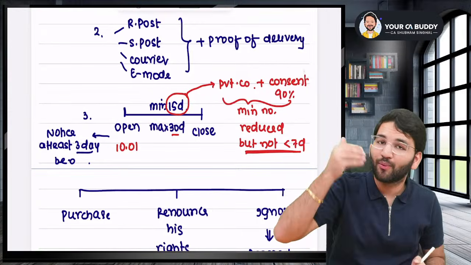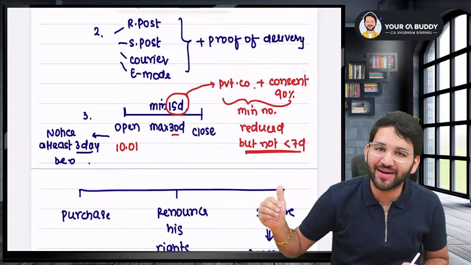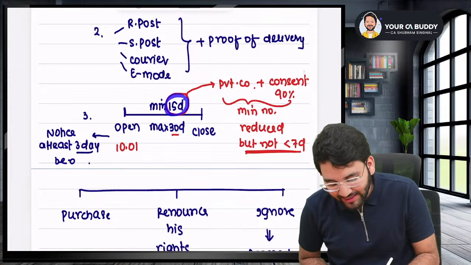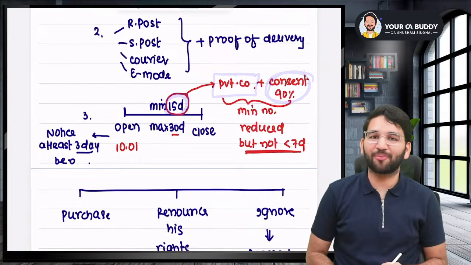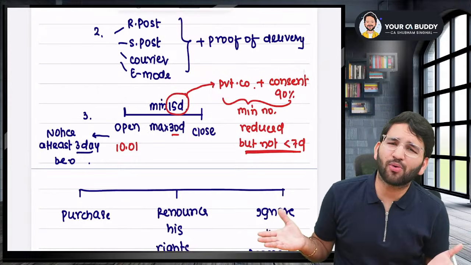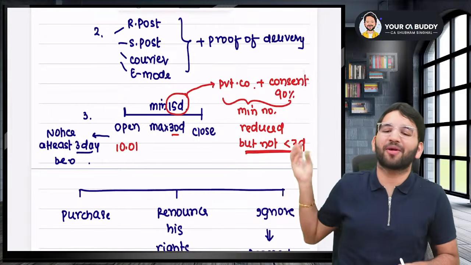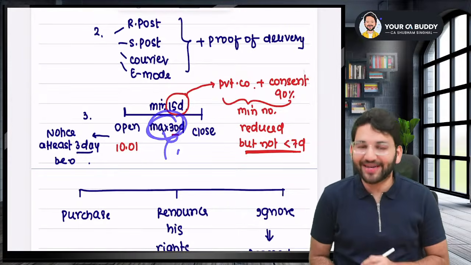And then, listen to me very carefully. Once the offer opens, it has to be open for a minimum of 15 days and a maximum of 30 days. Sir, this minimum of 15 days can be reduced in case of a private company where consent of 90% has been obtained. If 90% of shareholders say you don't have to keep it 15 days, keep it 7 days, then you can keep a minimum of 7 days also. But the maximum will be 30 days. This cannot be extended beyond 30 days.